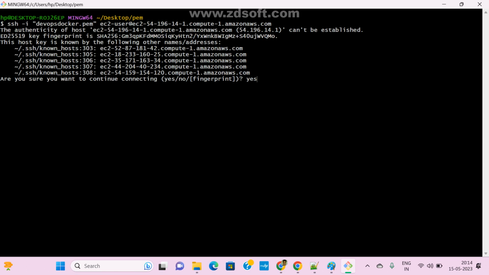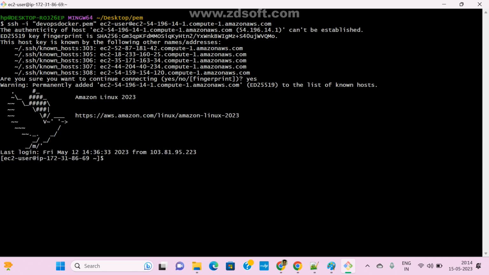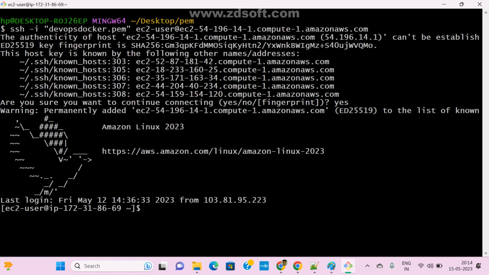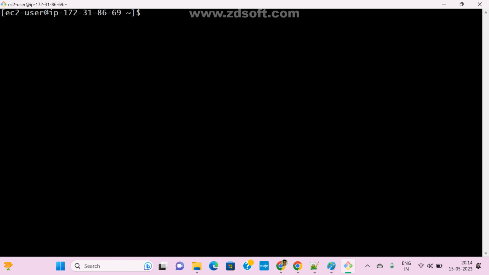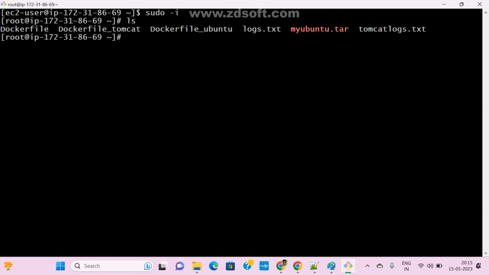Now let me check it here. Already I have a Dockerfile, so let me create one more Dockerfile without a FROM image. See here, sudo -i, ls. This is my Dockerfile, the default file name. Here I already took FROM jenkins, with the maintainer.